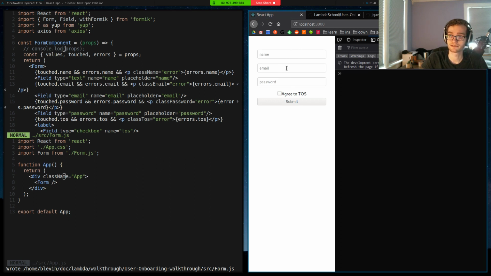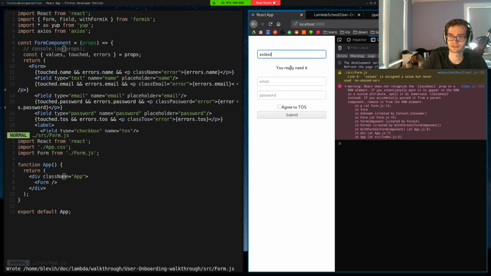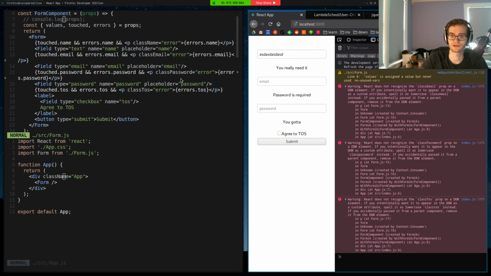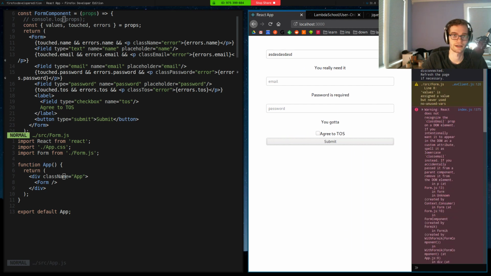One neat thing we get for free is the form won't submit unless it's valid. So if I put my name in and then I hit submit, it's just going to trigger all of these error messages and not actually try to submit my form. If I fill them out correctly-ish,